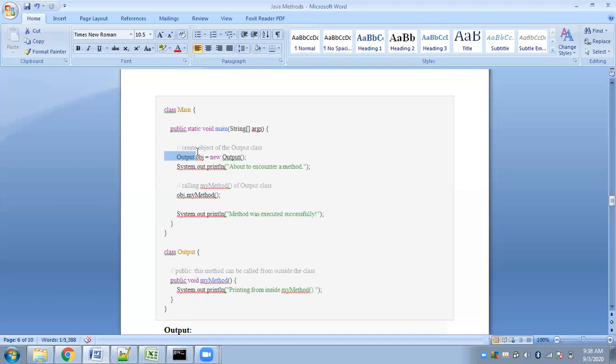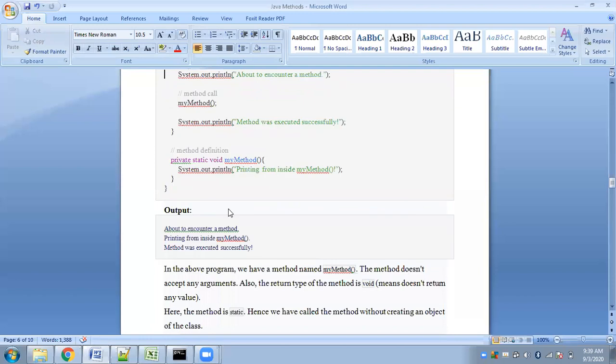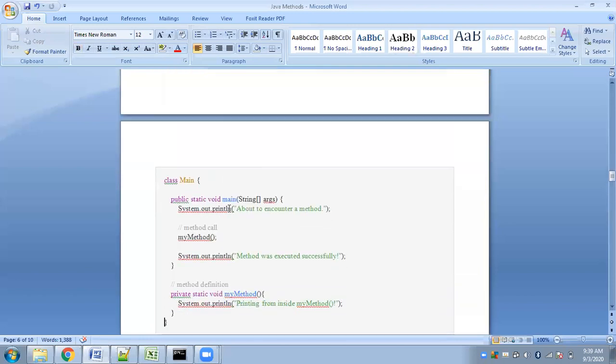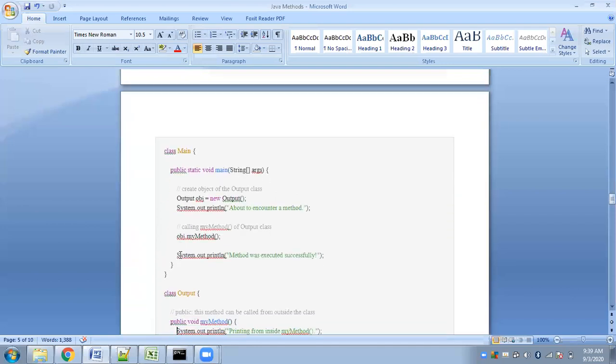I repeat what I said. In the previous example, we had only one class, the main class, inside which we defined the main function and the user defined function. Let's go back and see once. Here you see, we had only one class inside which we had two functions. And the main function will be calling this method directly. So this is the function call. Control will get transferred directly to here, everything inside will get executed, and control will get transferred back to the main function.